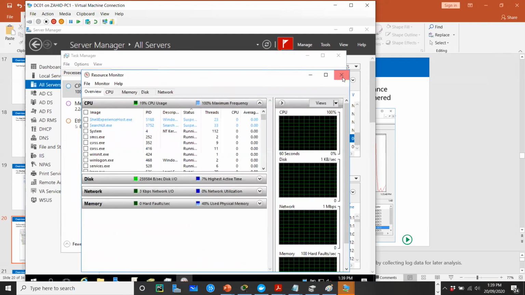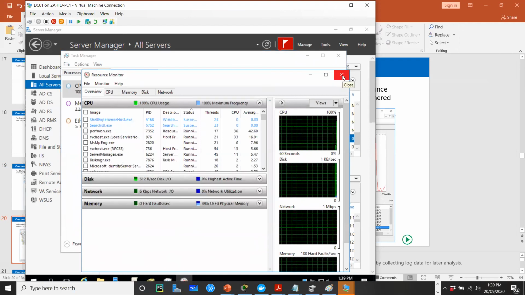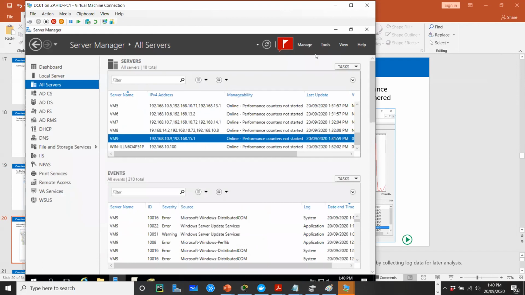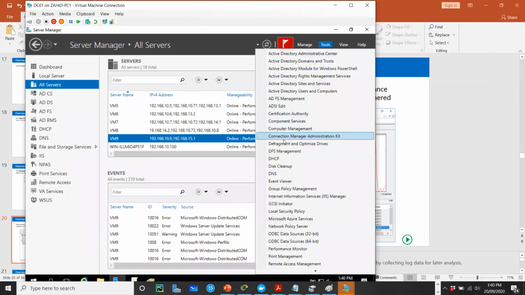Yeah, this one we have looked at. Now, if we go to performance monitoring, you can go to tools. It should be around here, P. Yeah, performance monitor. So if you click on that one,